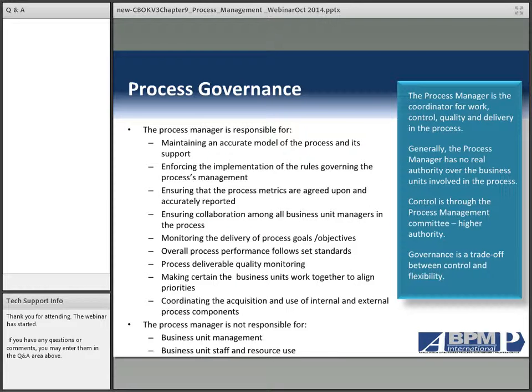Governance is always a trade-off between control and flexibility. You can control it to the point where everything just slows down, or you can be flexible to the point where there's really no governance. Finding that balance will be different in each organization, and it will depend on negotiating that position, that line, where that trade-off is with the managers who are involved in supporting that process. So there's no clear answer. It really is a negotiated point or a negotiated line.